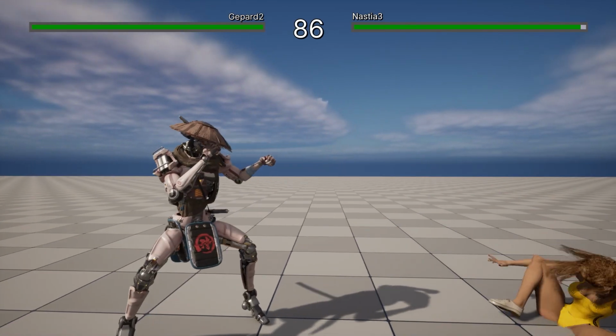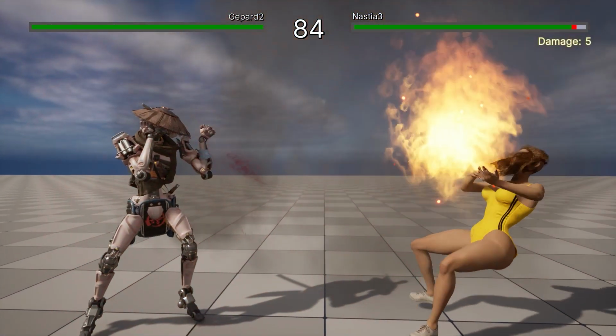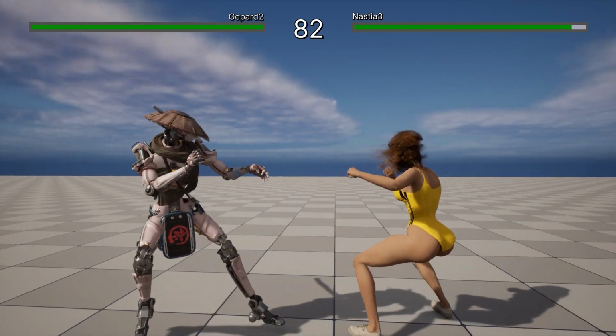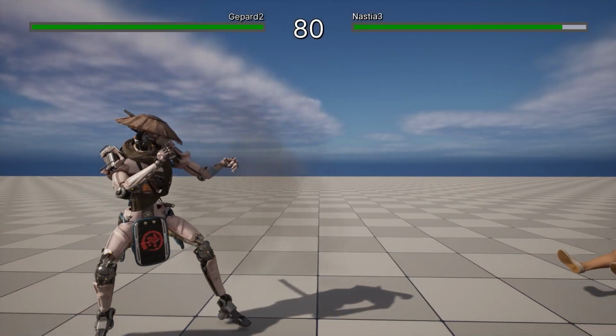Hello friends! In this really quick tutorial we are going to learn how to work with projectile special effects in